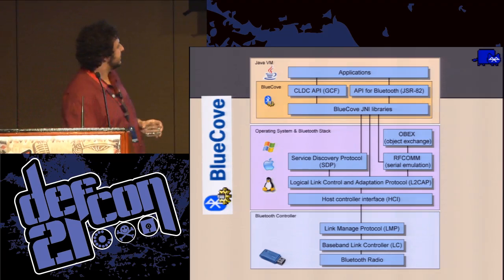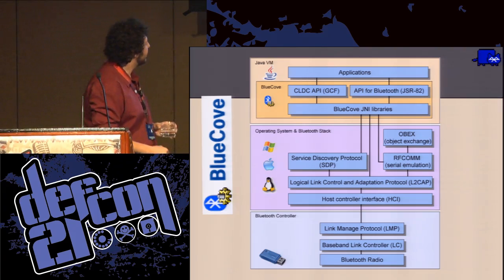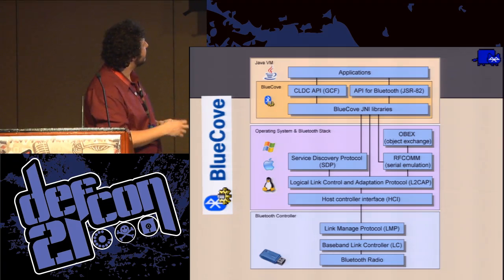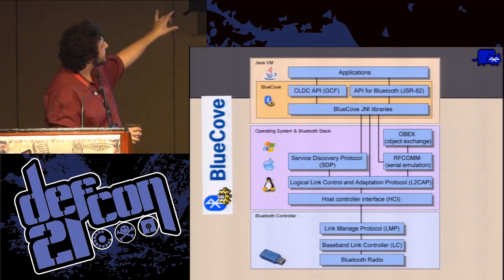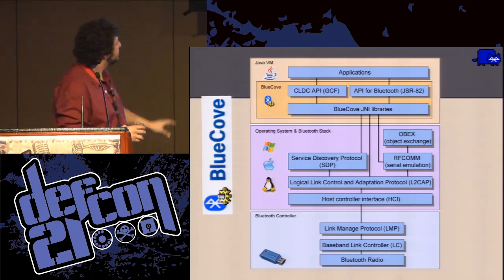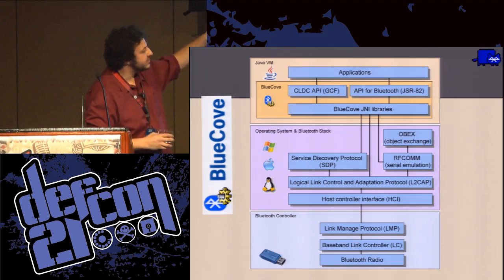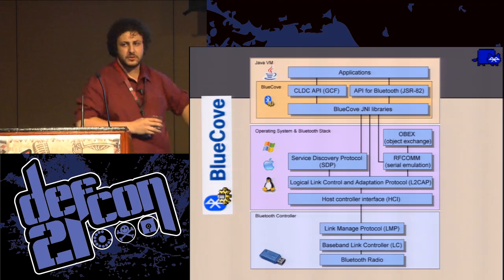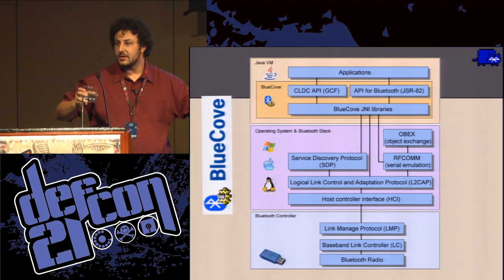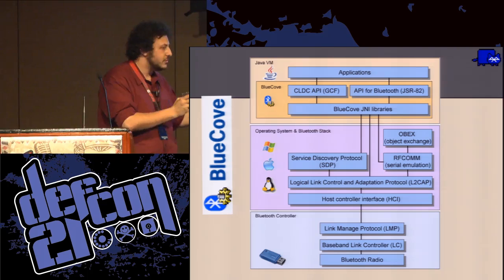All right, so this is a chart. It's just the Blucove stack, the way it interacts with everything. I don't really want to go over it too much, but I want to talk about how the JNI libraries work. Blucove specifically offloads stuff using JNI libraries. So who's heard of JNI libraries before? Yeah, I think they're pretty awesome because you can do all the business logic in Java, and then